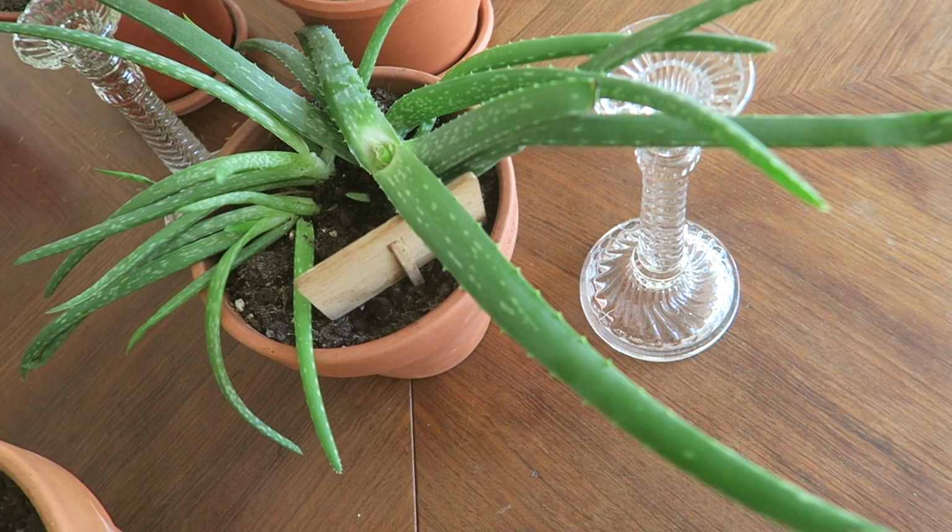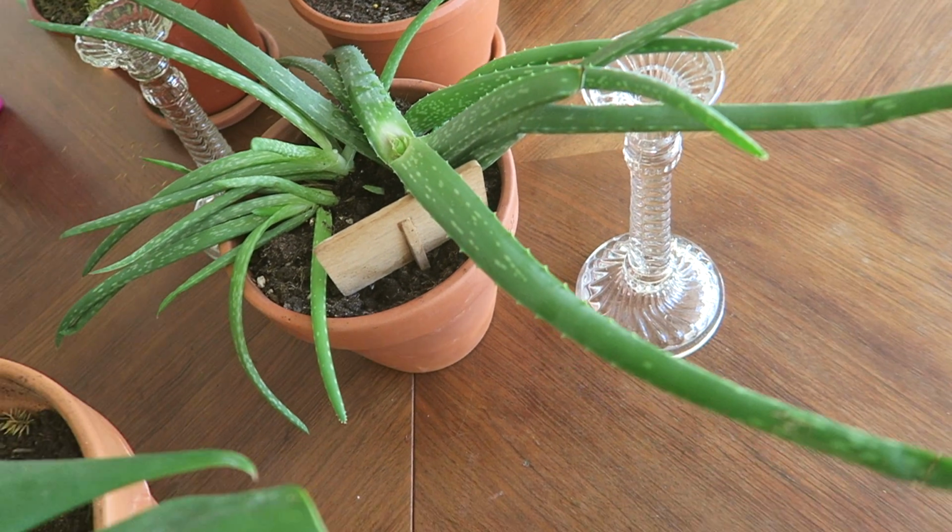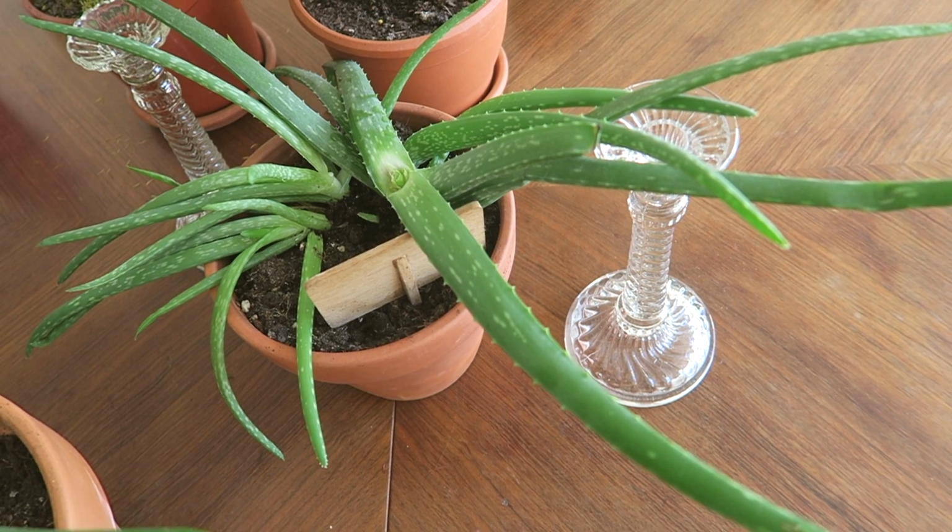Not really, but it'll do the job for now. I'm not using the dining table, so they can just be here. In terms of what I'm doing today, it's a nice day, so I'm taking photos, because basically my